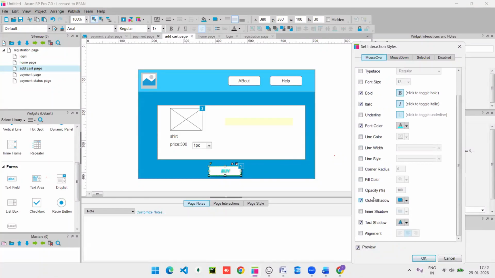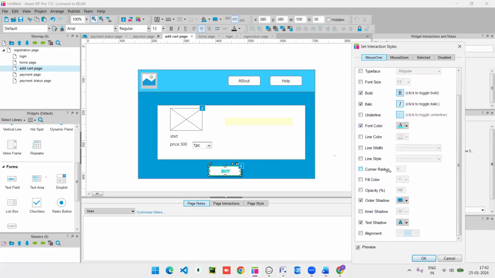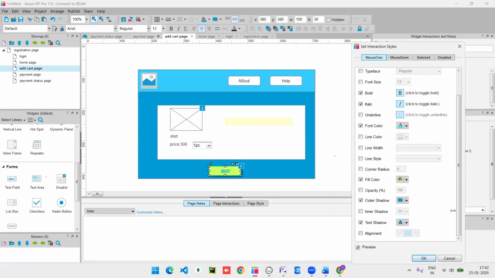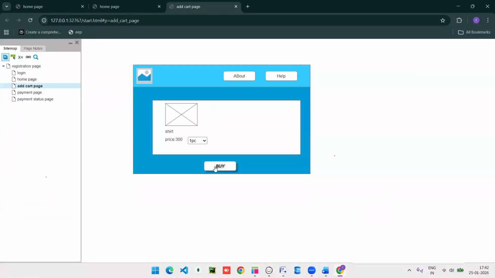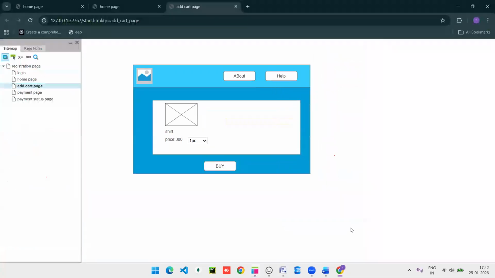If you want to change the color of the background, you can go with the line color, fill color. Okay, fill color. Then go to this yellow color. Then refresh here. After refreshing, oh, I did not click on OK. So here you need to click on OK. Refresh it. Did you get it? Whenever I'm moving the cursor on it, it is showing the discount message. So this is all about